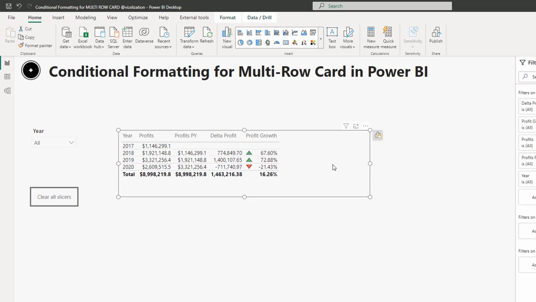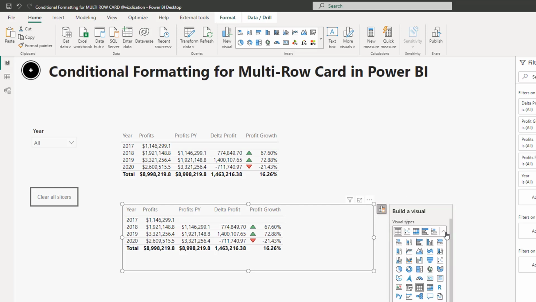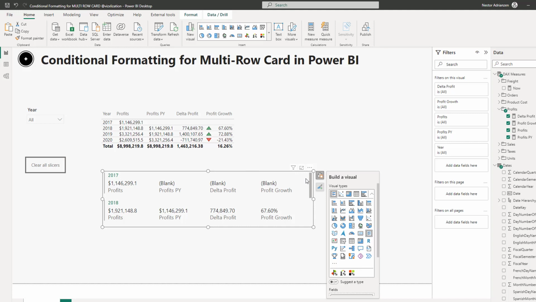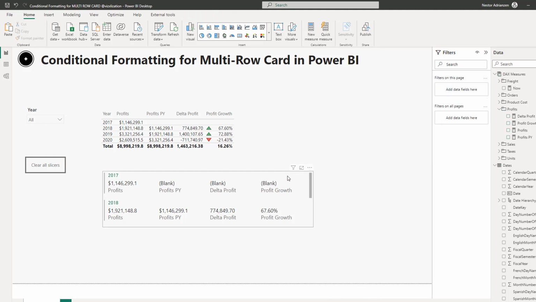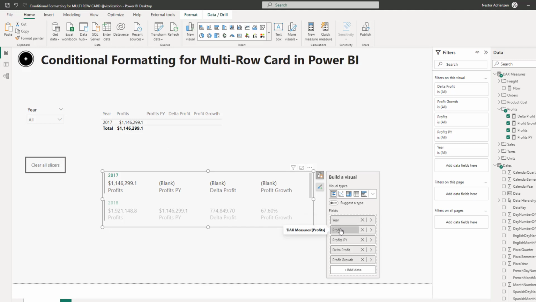We can copy this if we want, Control C, Control V, over here, and then let's change the visual. Here is the multi-row card visual. Let's select this one, and then we can make a couple of adjustments here as well. So we only care about profit growth, okay?